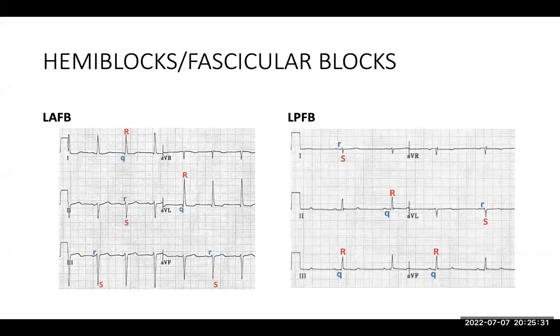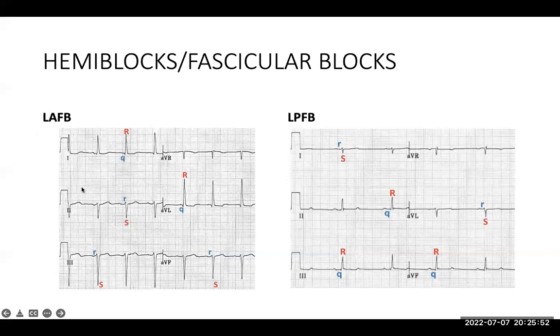The anterior fascicle supplies the anterior part of the heart, while the posterior fascicle supplies the posterior part of the left ventricle. Here we are talking of the left ventricle. And when there is a block in either of the fascicles, you will see this kind of picture. It's very, very easy to remember. You will go through this ECG, but one thing I just want you to remember quickly is: